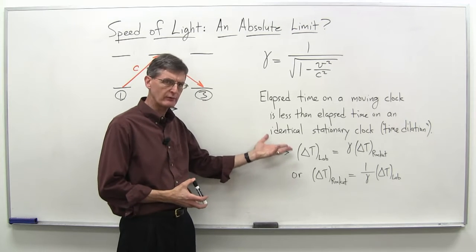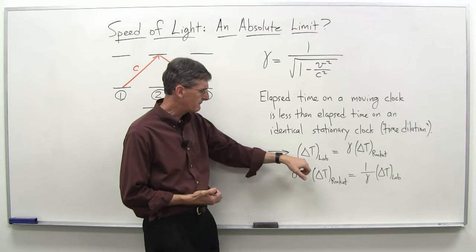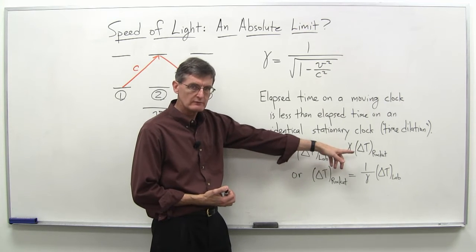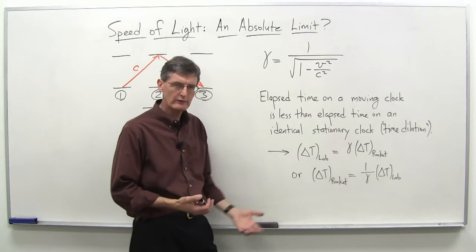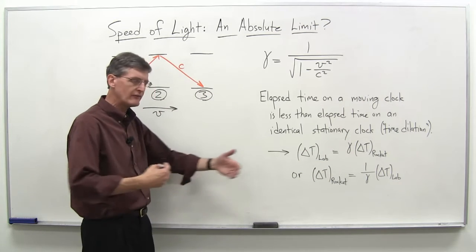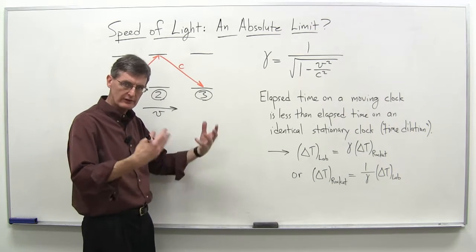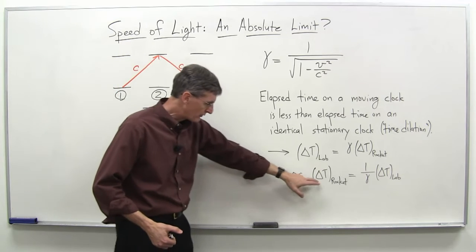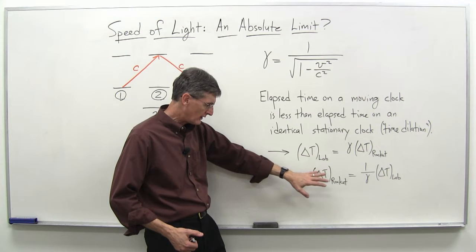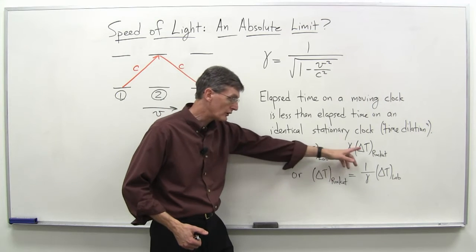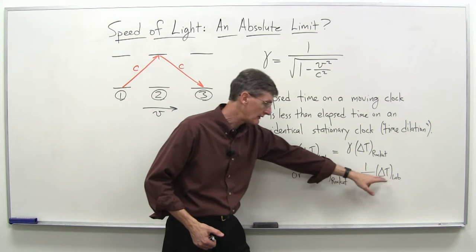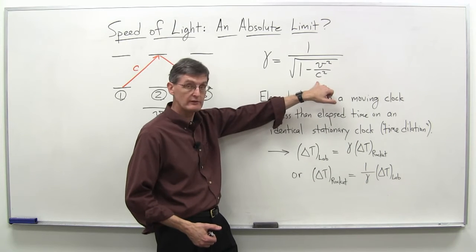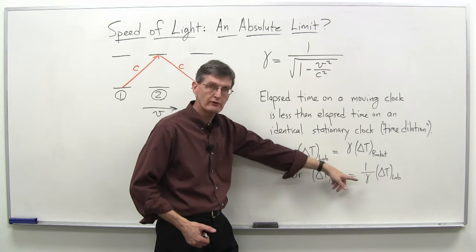But just imagine if we could here, this would say that the elapsed time in the lab equals infinity compared to the rocket clock. That's sort of weird. How do you have an infinite elapsed time on our lab clock ticking away right here? Get a little more insight perhaps with the second equation, that this says the elapsed time of the rocket clock is 1 over gamma times the lab clock. So whatever the lab clock is saying, 1 over infinity, if this really is infinity up here, that's just 0.